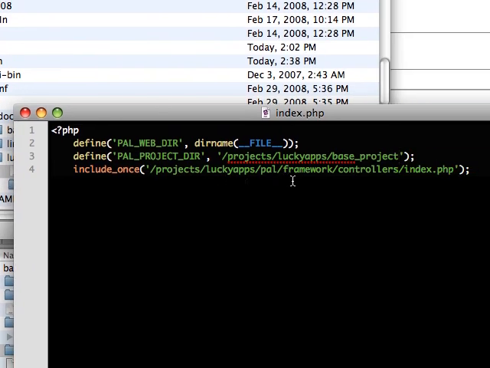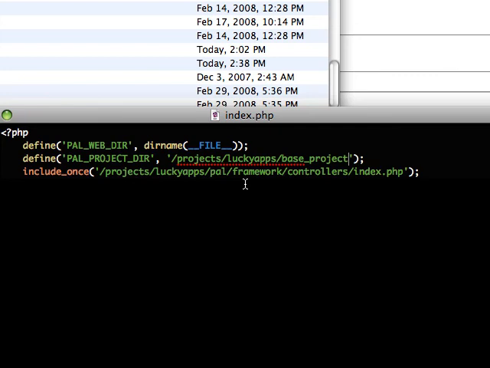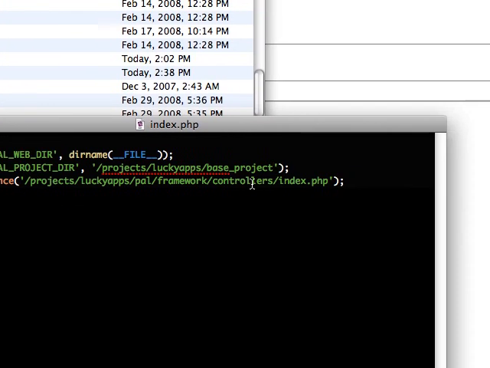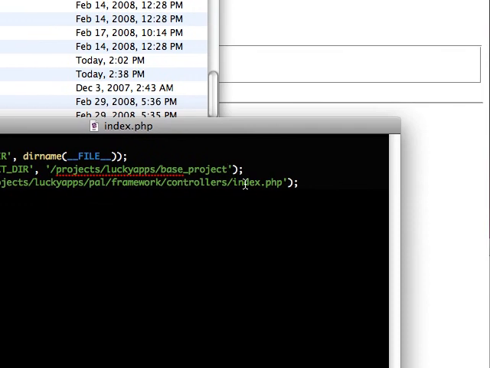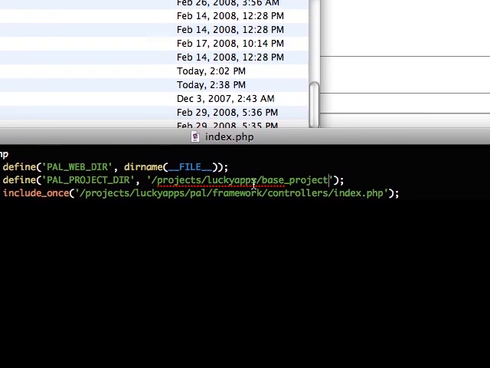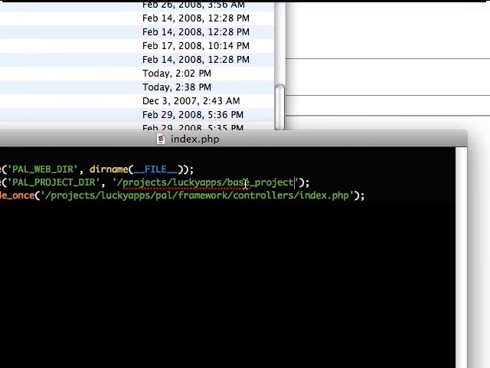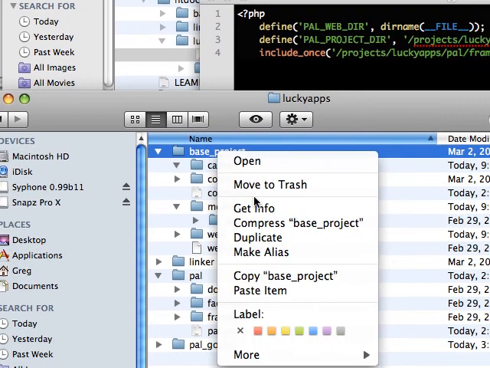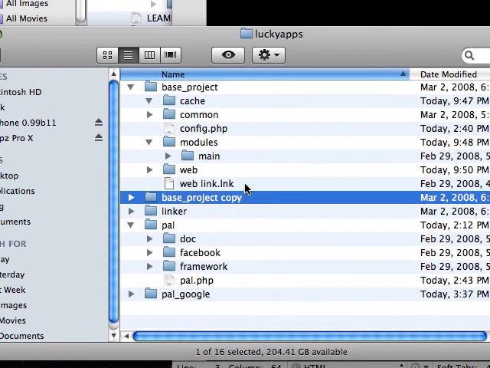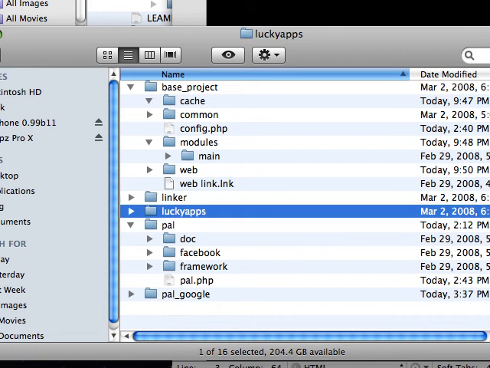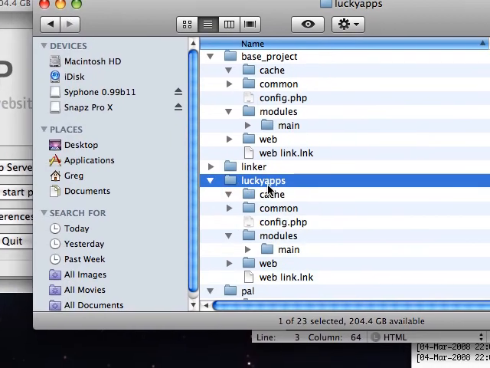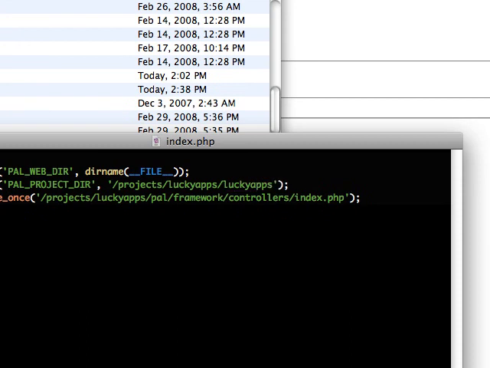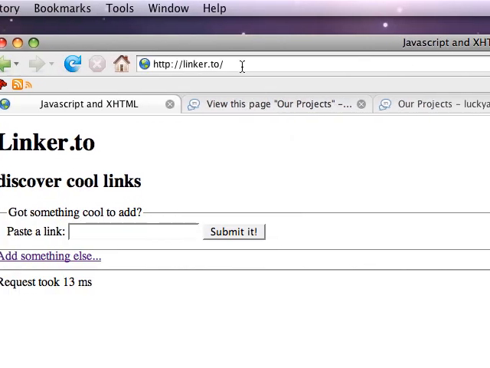So PAL is simple. You simply have to customize 2 paths. This is the path to PAL itself, or rather its front controller, and this is the path to your project. So we need to create a project. I'll simply duplicate the base project again. Duplicate, call it Lucky Apps. There, this will become the new website. Going back here, I simply replace this with Lucky Apps. Now, if I go to localhost